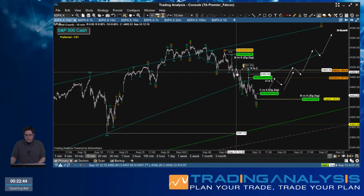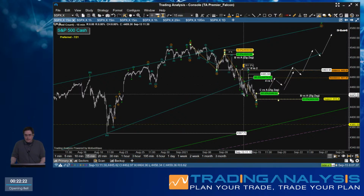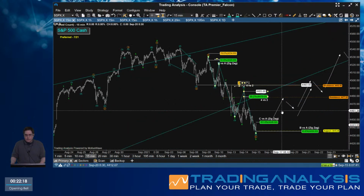And then I want you to look at this subdivision of the decline from orange B. Look at the amount of overlap that we see in this structure. There's clear indecision at work here in the market. This is not a decisive trend to the downside. Could it turn into one? Certainly, but we don't have that evidence yet. So we now have 3 waves to the downside. Inside of the C wave, we need to count a 5-wave structure. Zooming in here,